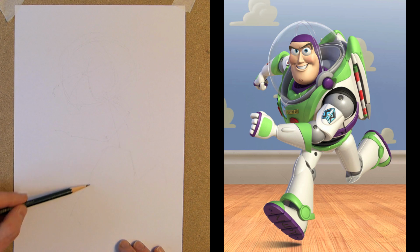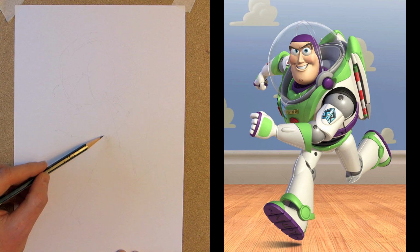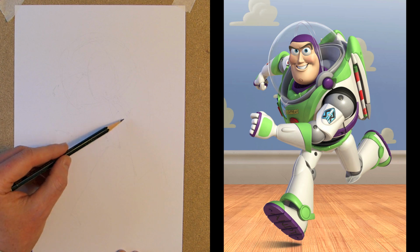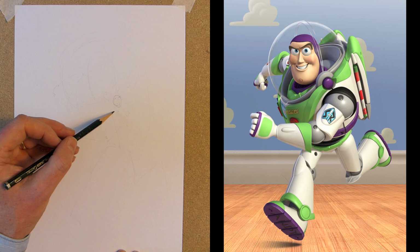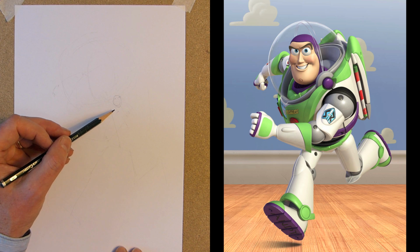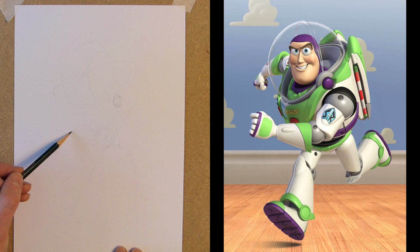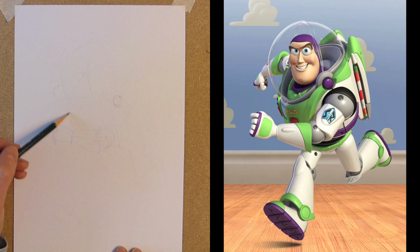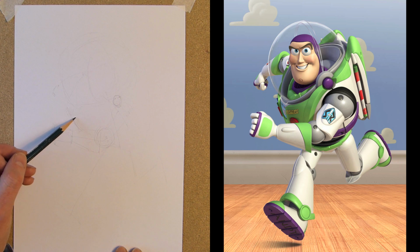So you can see I've got a stick man, as I've done with Woody and Jessie, and I can build up on that using rectangles and circles. And this is the thing with Buzz's spacesuit, it's all a number of circles, cylinders, squares, rectangles, all kinds of things. So he's got a nice ball joint there for his elbow, and there's his left arm and the shape for his hand, and the front of his spacesuit comes down there,